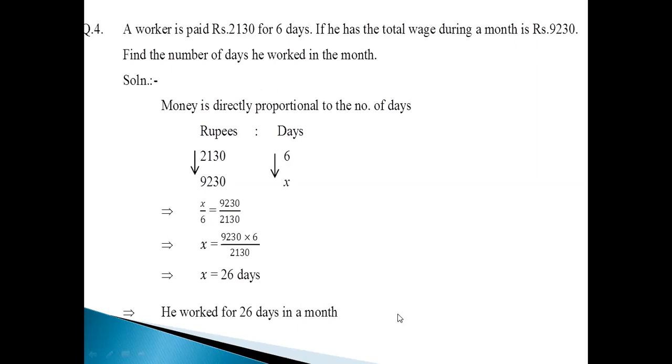So in this exercise, what is your homework? Question number 1, second part, third part, fourth and sixth part, and question number 5, because only 5 questions are included. The rest of the questions I already explained here. I also explained question number 5, how you will do it. You will write that the number of steps is directly proportional to the distance, and then here you write steps, here you write distance. 75 steps, 50 meters, 375 steps, X distance, and the arrowhead will be like this. And then you can easily do it. I already explained how to do it.